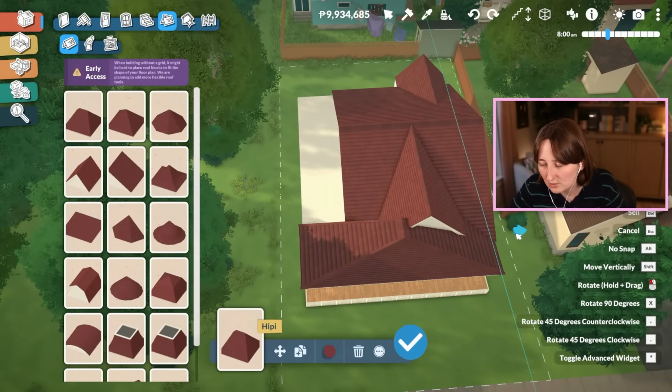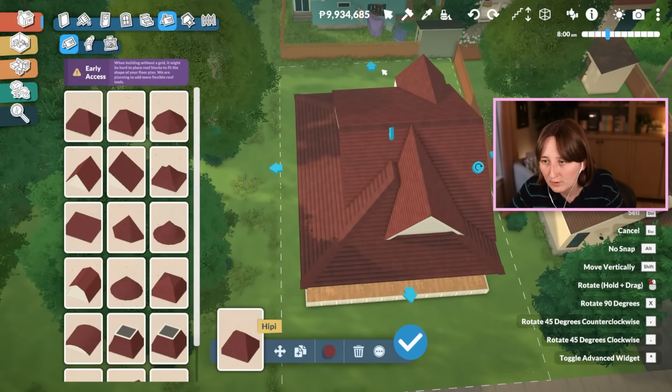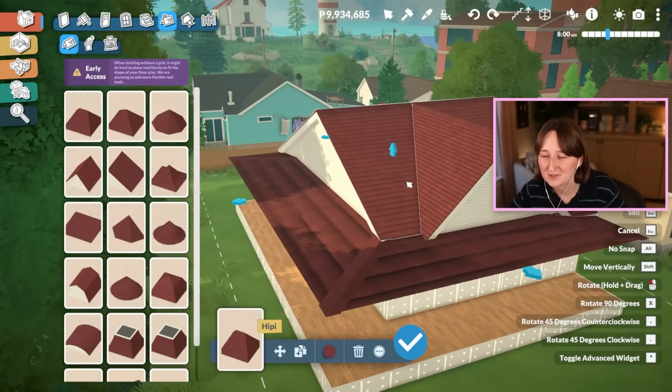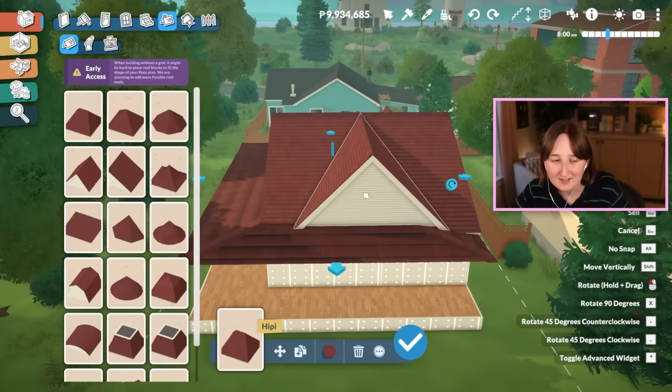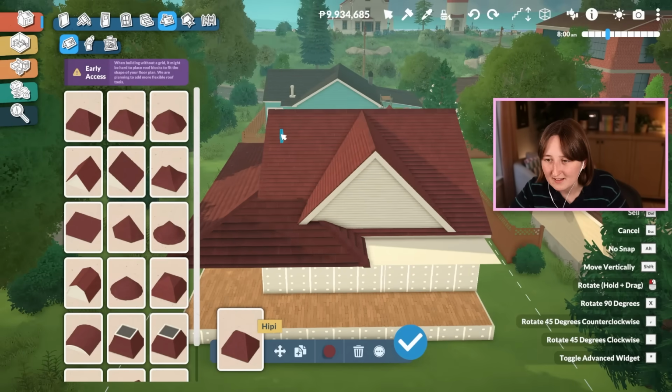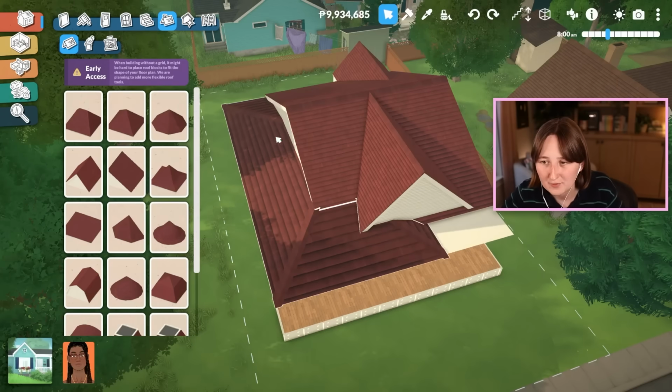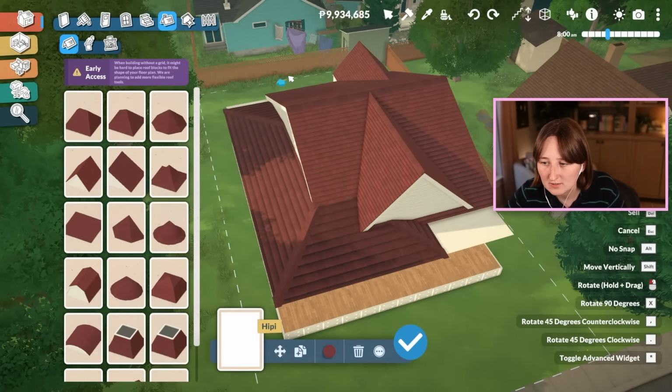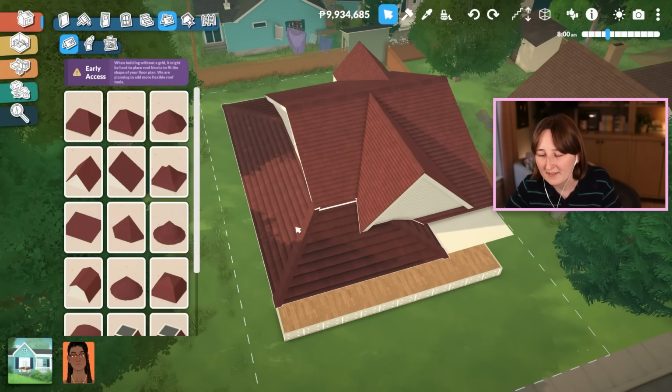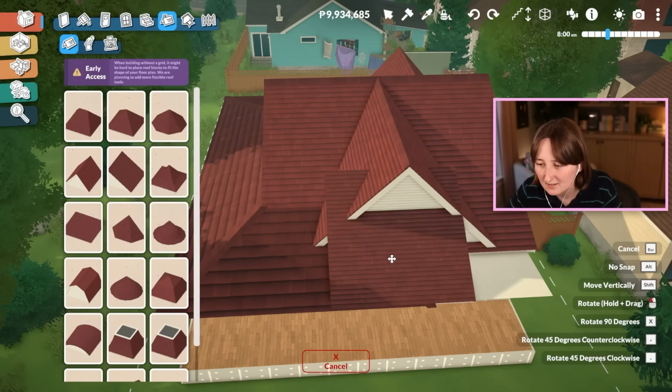And this is just gonna be super low and covering the whole roof. Only problem with that, this is one of the issues that I have with Paralives. Look at how that looks. It's weird. Should we put it maybe there? And then we can get a flat piece. Oh, I guess this could be a little bit skinnier too. Well, I guess it needs to stay how it was. I like how this lines up. And then we can get one of these. But they're just not the